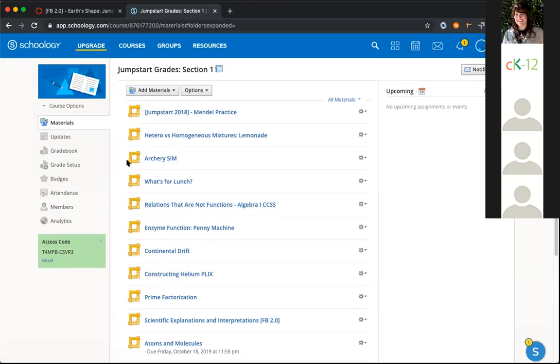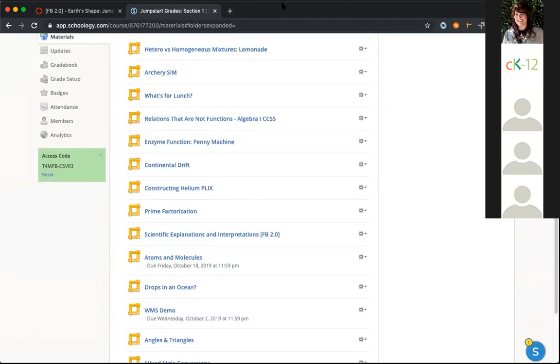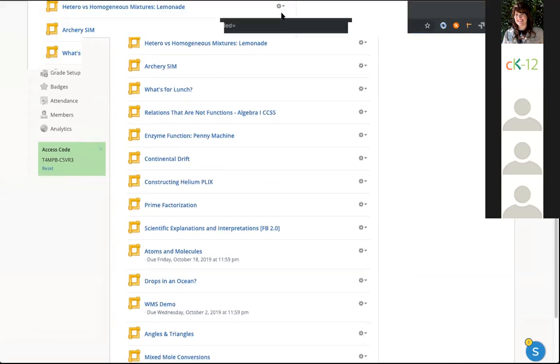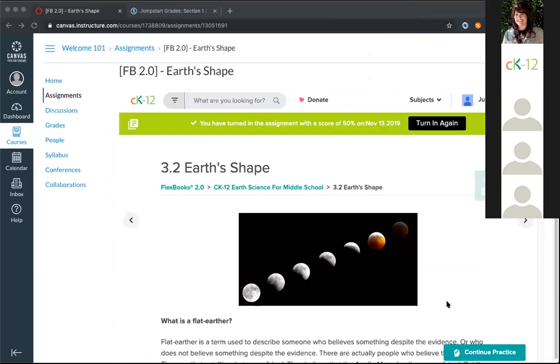And that's pretty much it. So let me switch over to the student just to show you a couple things. But creating the assignment is pretty much the same, with, I'd say, probably the caveat of enabling grading in Schoology. It's kind of an easy thing to miss.